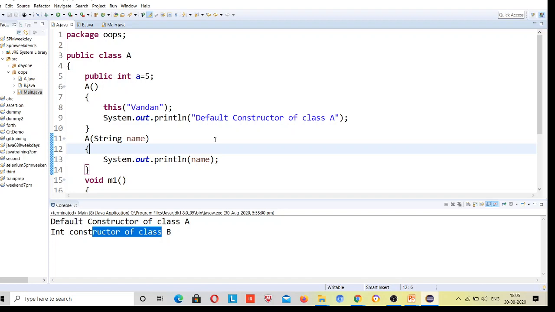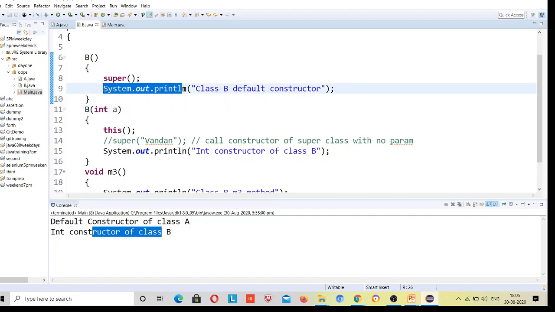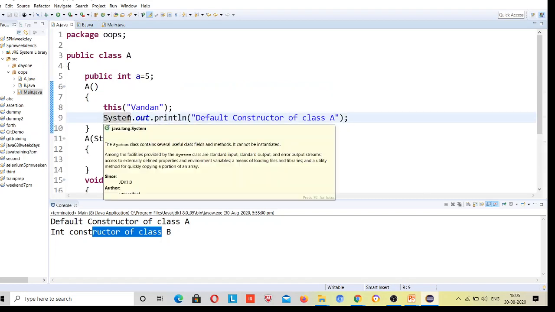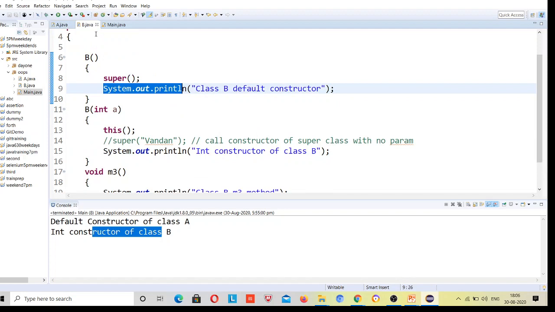No, after line number 13, it will print line number 9. Maybe it recursively goes back to the same execution. Why recursion, Lakshmi? Recursion is never performed. Not recursion, reverse. In the reverse way, whatever way the flow came. Oh, okay. Now I got it.